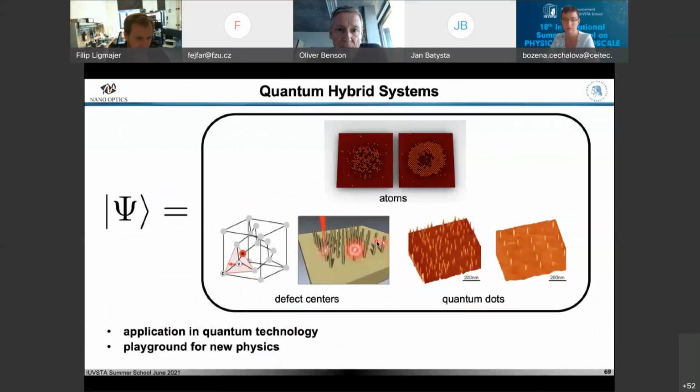Good. Yeah, so this brings me already to wrap up. So just an outlook in the end, what you in principle can do with these hybrid systems. So I talked a lot about these applications in quantum technology, but maybe it's cool, I don't know, maybe you have some good ideas, if you have a bunch of atoms in a vacuum chamber, entangled with the semiconductor quantum dot on a sample on your microscope objective. So I'm sure maybe this could be also very interesting by its own if you're interested maybe in studying hybrid mesoscopic quantum systems and so forth, or applications in quantum technology.